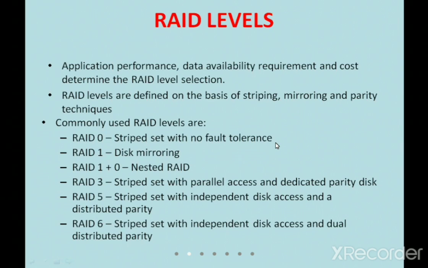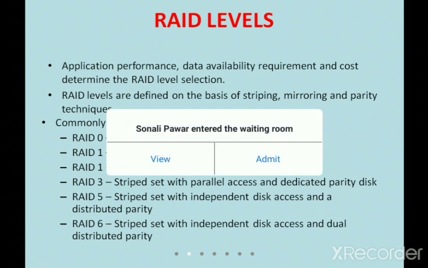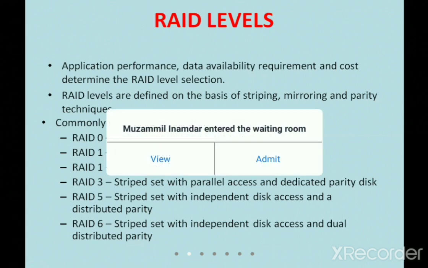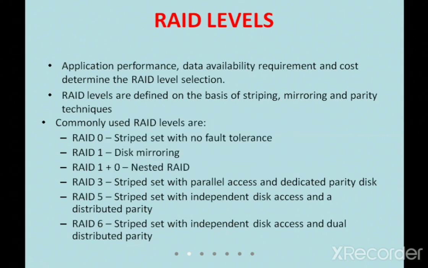In the previous class, we came across the RAID techniques, such as striping, mirroring, and parity. In striping, you copy the data to different disks at the same time. In mirroring, you store the same copy on another disk. And in parity, you make sure that the contents are being copied, and if any data is lost from the parity disk, the data is regained.